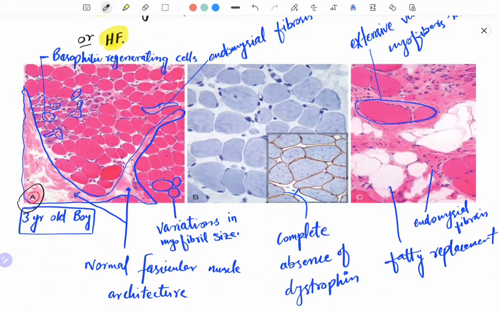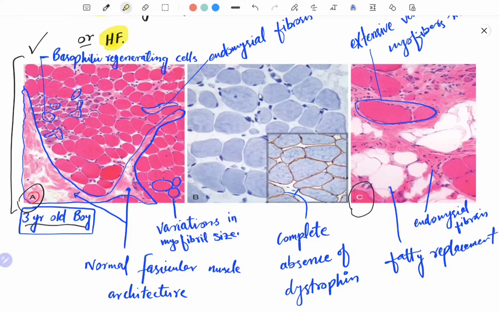A is one brother and C is the second brother at the adult stage. This is at the infancy stage. This is a 3-year-old boy, and in this diagram there is one normal